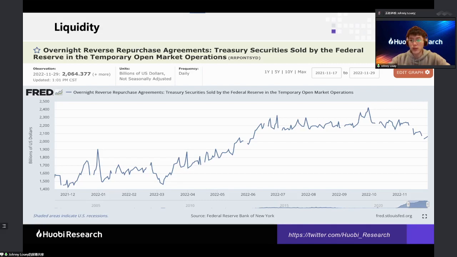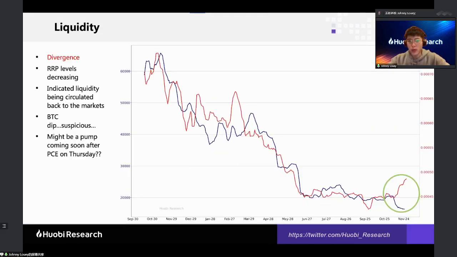So we tend to think, oh, the RRP decreased, so the money must have gone somewhere, right? Would it be the Bitcoin market? Might be. There's a possibility that the money being circulated back into the economy might find other, better investments to park with, for example maybe the S&P, maybe other indexes, maybe treasury bills. We're going to check out the interest rate, and also the award rate for those, to compare the attractiveness of these items.